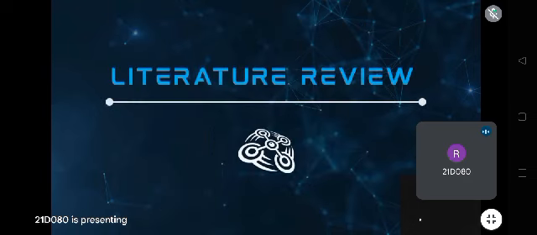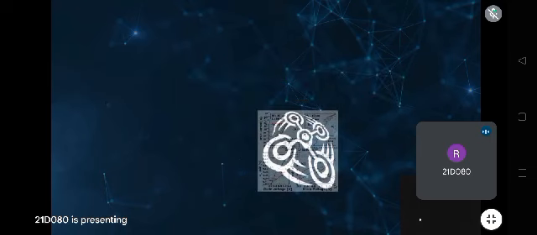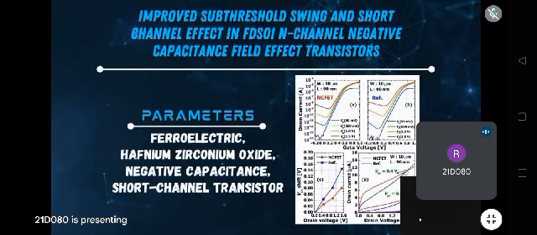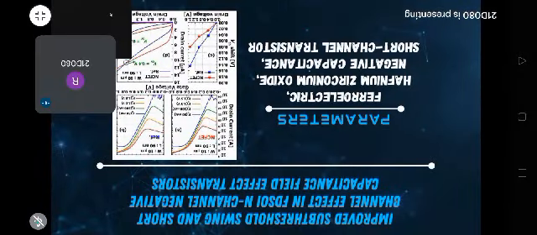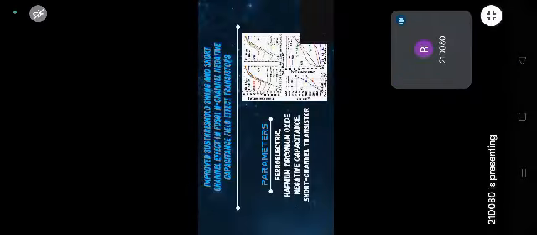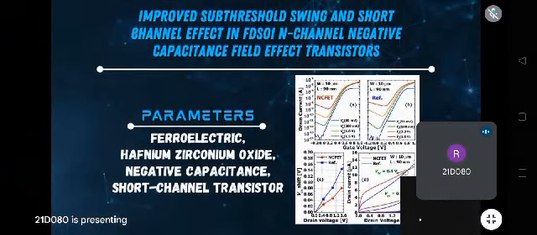And today I am going to speak about some interesting facts about the MOSFET and field effect transistors, which includes the literature review of this part. First, we are going to see many research papers, 6 different papers, and first of all, the paper on improved threshold swing and the short channel effect in field effect transistor, silicon on insulator n channel negative